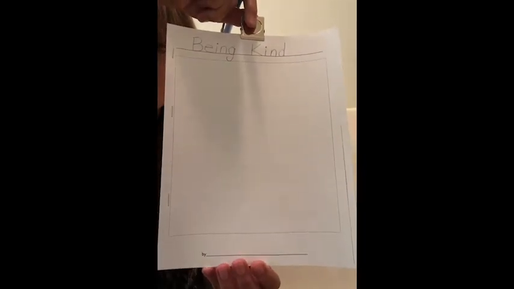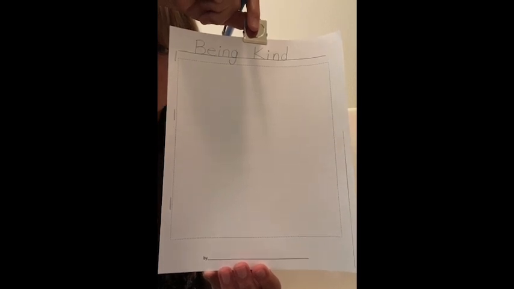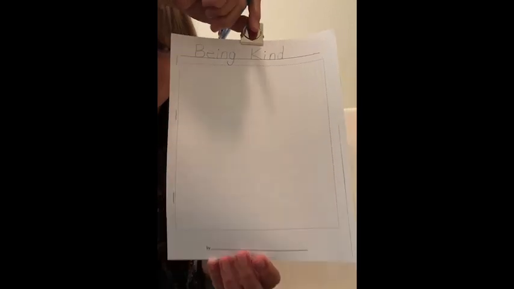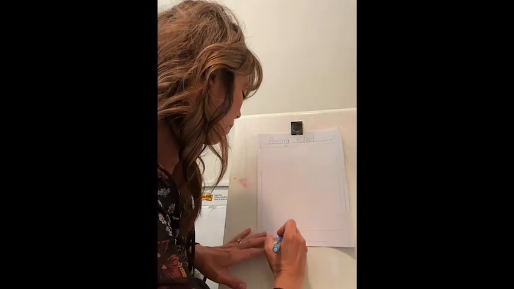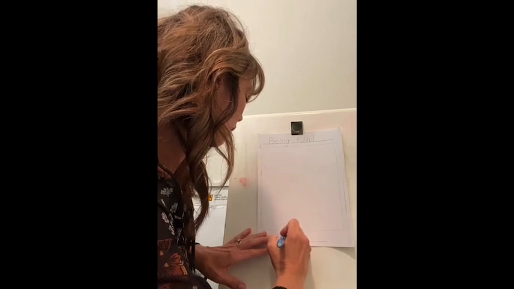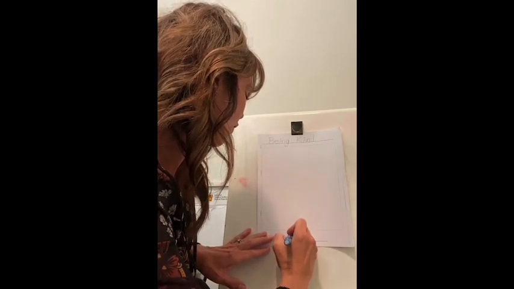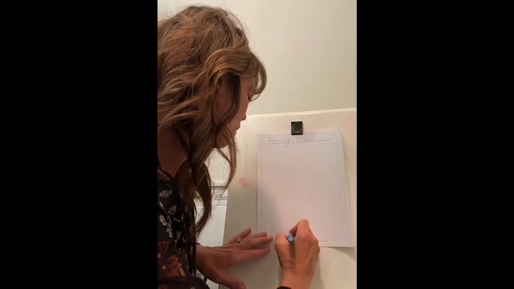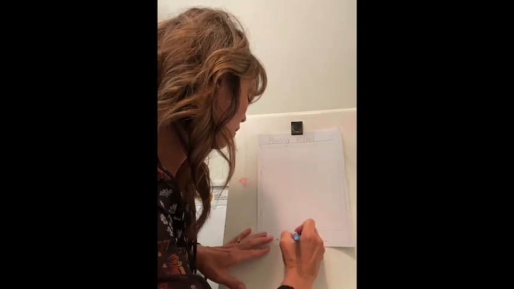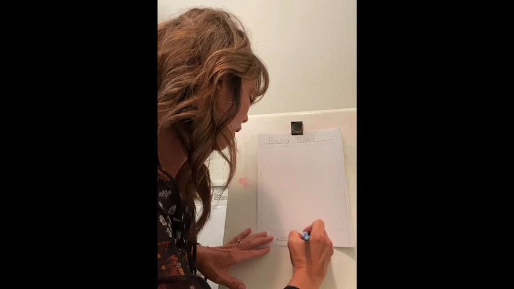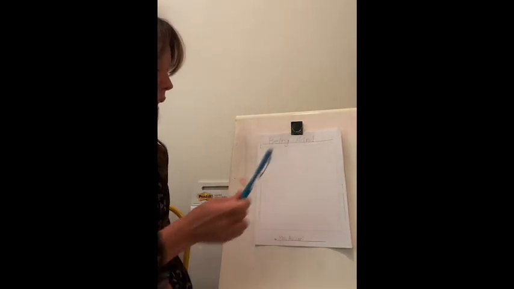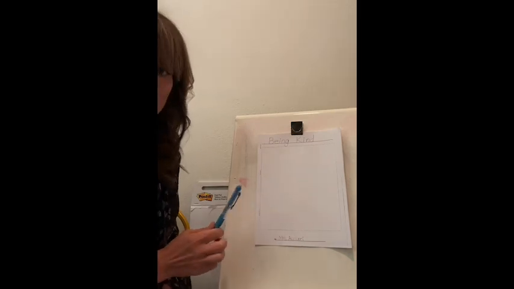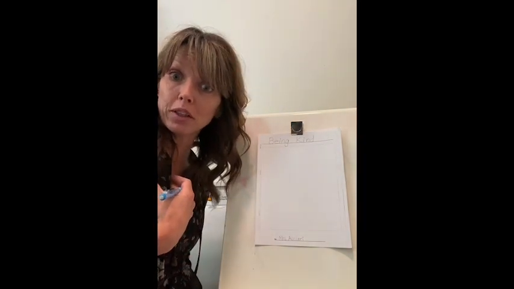Being kind. Being kind. Before we keep going with our picture, I want you to write your name down at the bottom. I'm going to write Mrs. Achari on the bottom, so I'm going to let you write your name. If you could write your first and last name, that would be awesome. While I'm writing my name, you should be writing your name on the bottom. All right, so we have our title, Being Kind. We have our name on the bottom. That's because we're the author of this book and we're the illustrator.